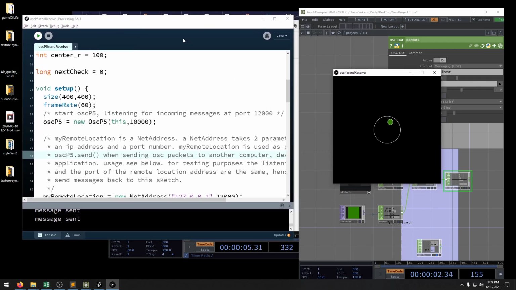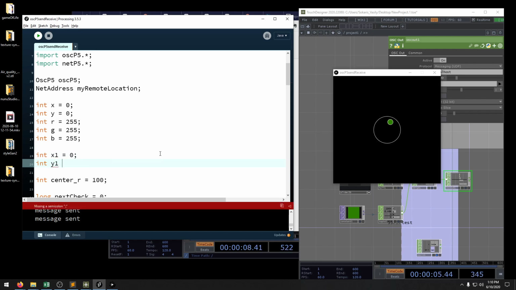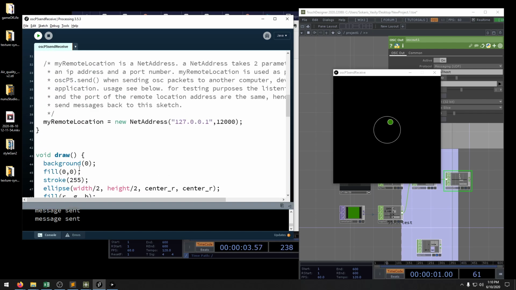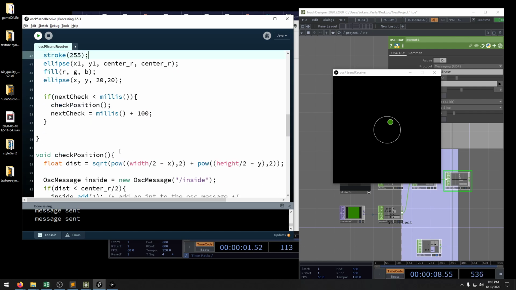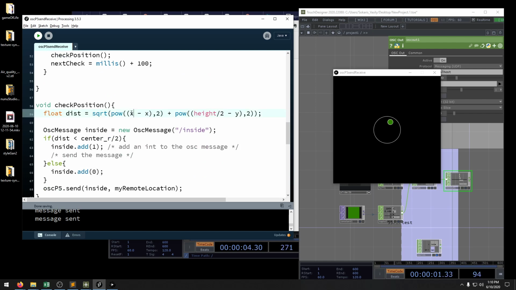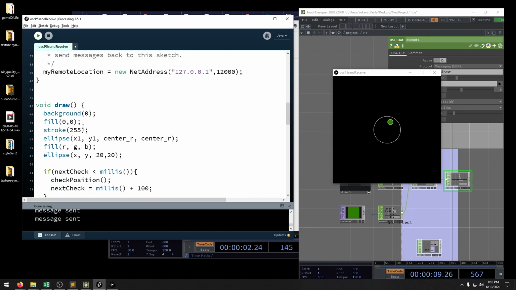Okay, let's make one more thing. We can have another one, int x1 equals 0, int y1 equals 0 also, and this one I will use for our circle ellipse position. x1, y1,